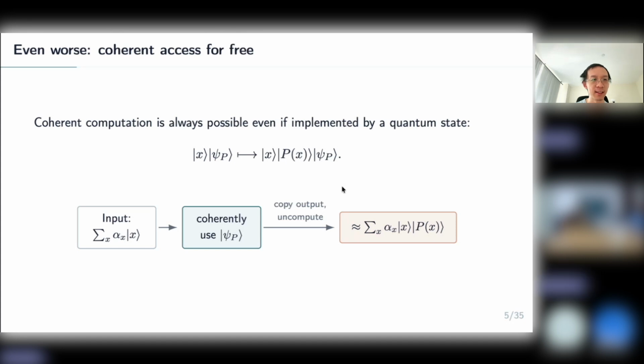Sorry, I have a dumb question. So why do you say approximately? Do you mean that if the computation is done with high probability, it doesn't compute the function P with probability 1? Is that why you have an approximation? Yeah. Right. So if the program state computes the functionality with probability 1, then this is perfect. But if it's only close to 1, then this is approximate. Right. Okay. Thanks for the question.